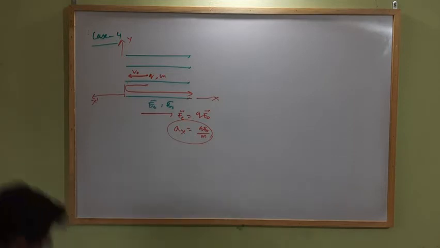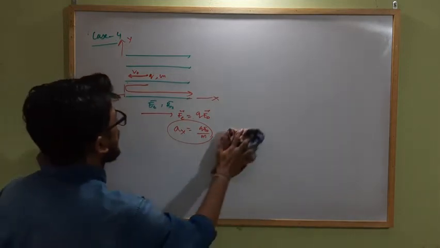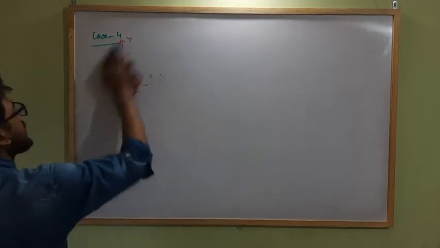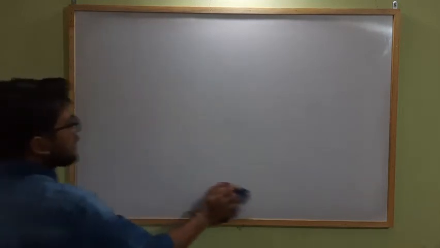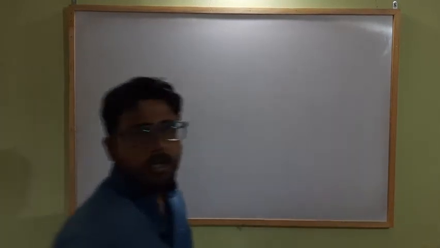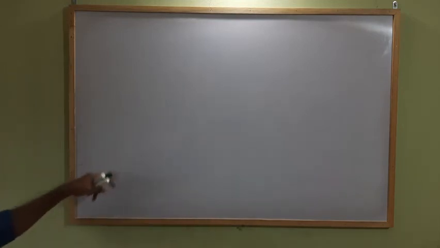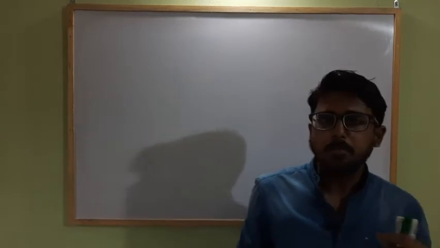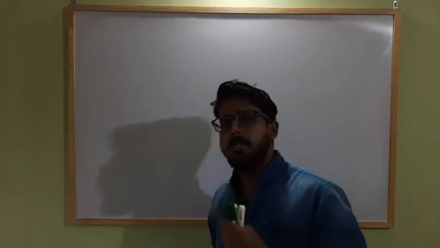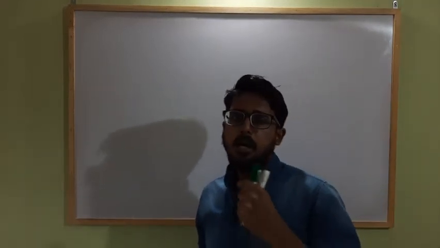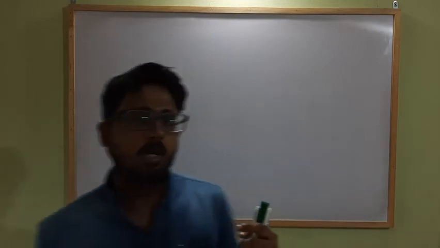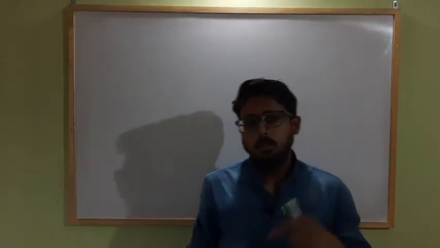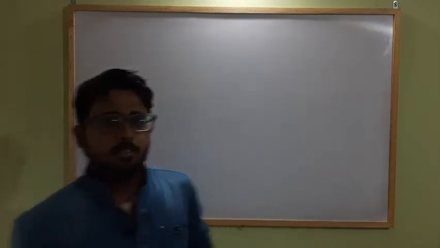So this is how we can determine the path of a charge when both electric and magnetic fields are present and both are parallel to each other. If they are perpendicular to each other, and that is a very important concept, when both electric field and magnetic field are perpendicular to each other, it has a very large application. One of the most important applications of that is the cyclotron. We will study about it in the next lectures. Clear?